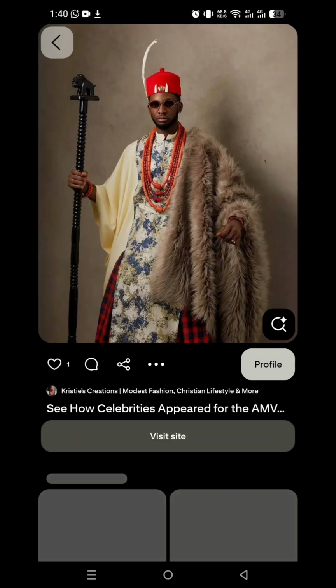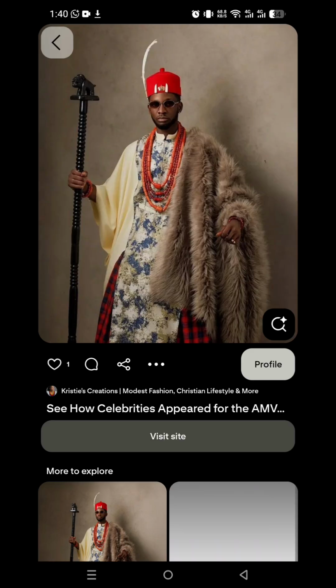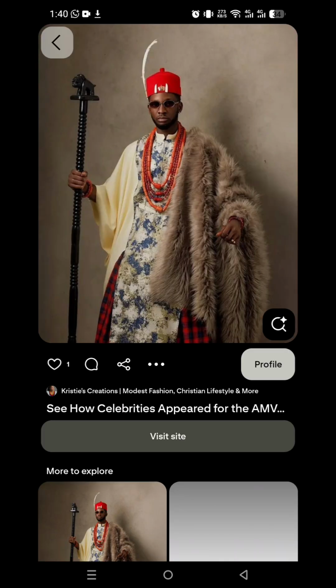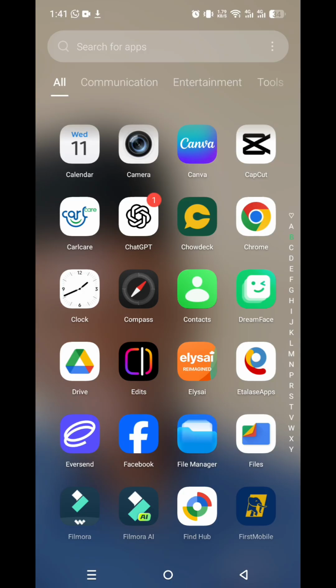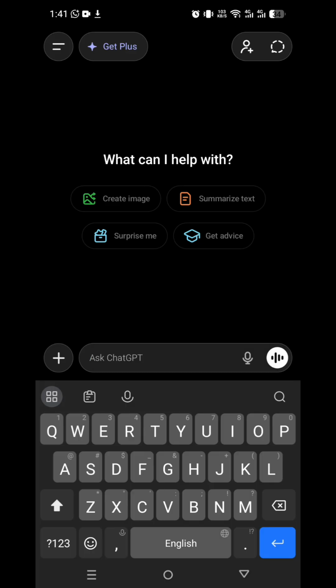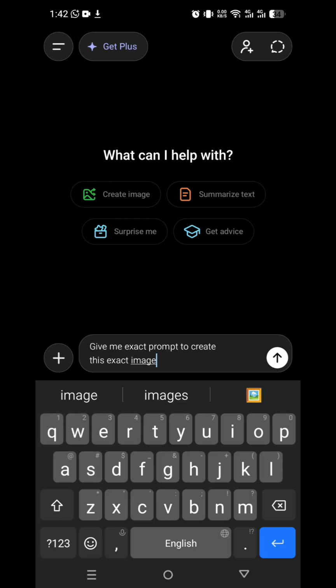So I opened it. You click on these three dots here and then click on download image. It will download into your phone. So once you have downloaded it, next thing you open your ChatGPT. When you open your ChatGPT, you're going to tell ChatGPT to,